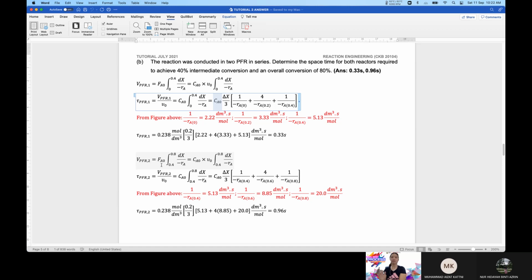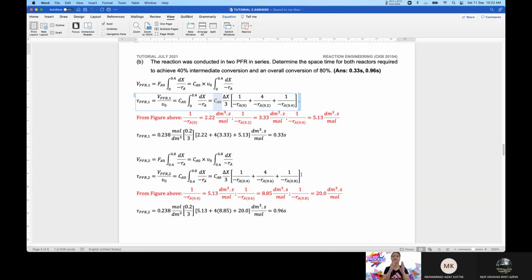Integral part tu remains. And then subsequently the V0 from the right, I will move to the left. So when you move to the left, it will become pembahagi dia. So jadi volume PFR kedua divided by initial volumetric flow rate, saya akan dapat space-time reaktor kedua. So kamu kena tahu, kalau space-time reaktor pertama, volume reaktor pertama bahagi dengan volumetric flow rate. Space-time kedua mesti volume PFR yang kedua divided by the initial volumetric flow rate. So on the right hand side, masih CA0, okay, then yang integral part becomes the Simpson 1/3 rule